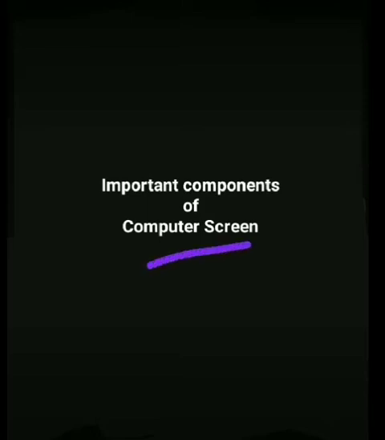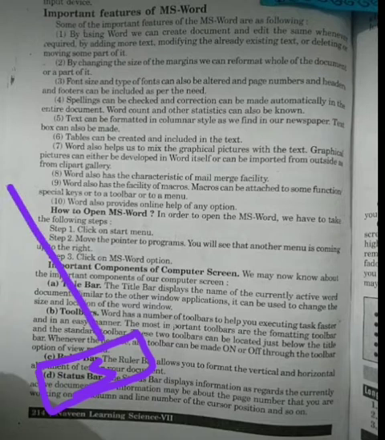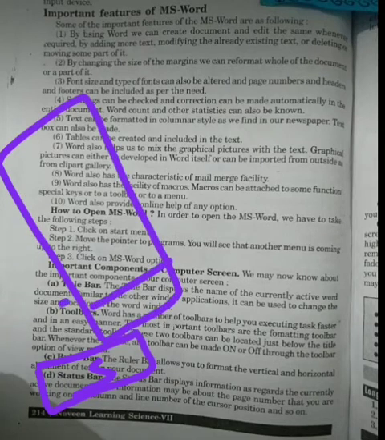Basically, whenever we open MS Word, we have to perform three activities. Firstly, we have to select the start menu. After that, the applications will open. Then from the applications we have to open the programs. After the programs open, other items will open along with them. From here we have to find MS Word and click on it, so MS Word will open.